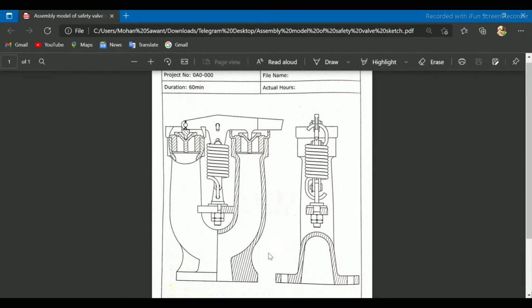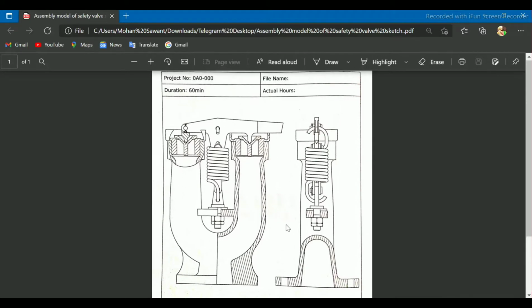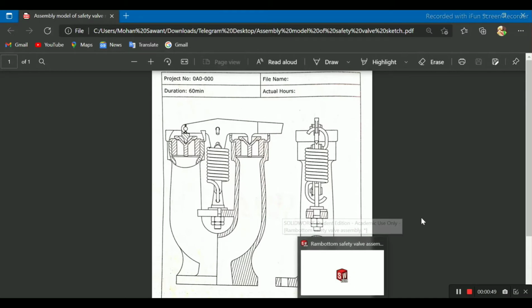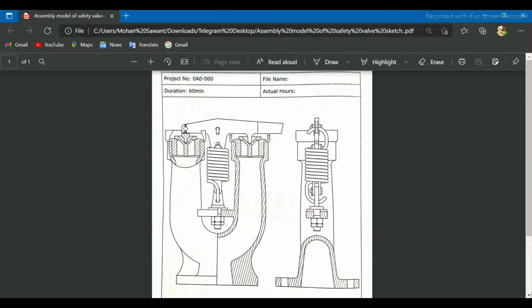I have this 2D sketch of it so that you can see it easily, how we have to make the assembly. So let's start to begin it.